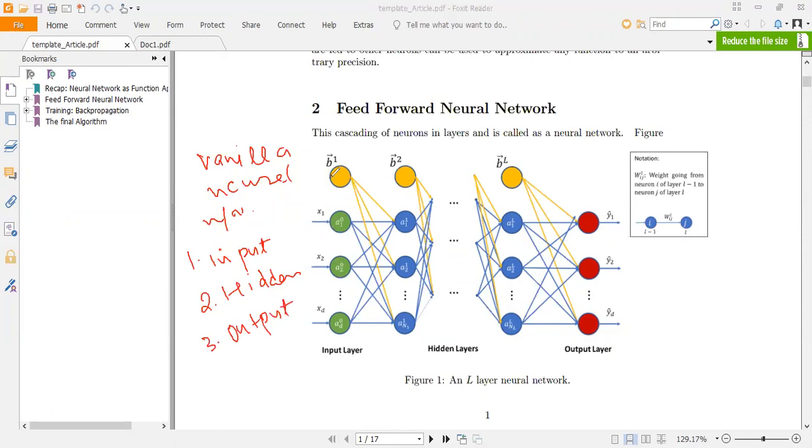Now the input layers, as I said in the last lecture, are not computational layers. They are just there for notational purposes, and the only job they have is to pass the input, that is this X vector, to the first hidden layer. The output layer helps us compute the output. So if it's a classification task, it will compute the Y vector, and that will be softmax of whatever the inputs from the previous layer.